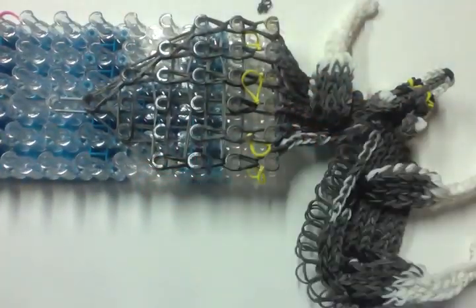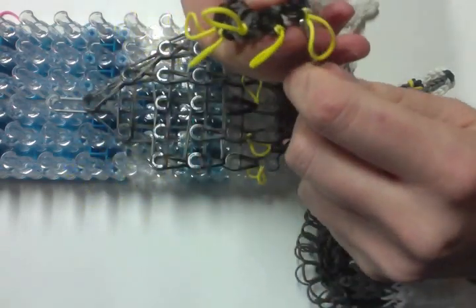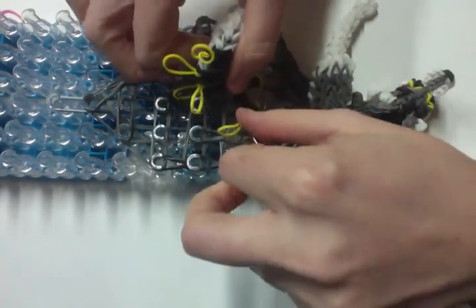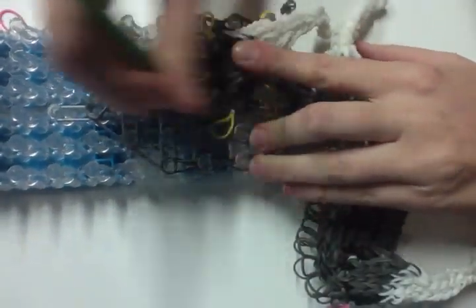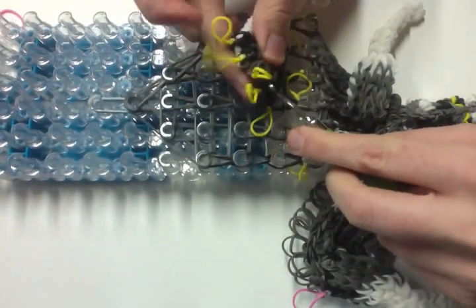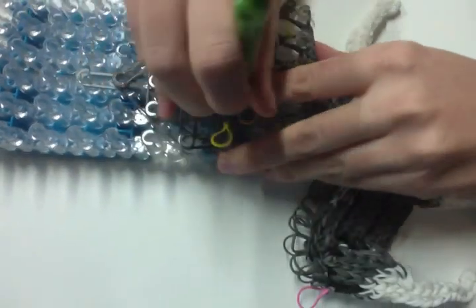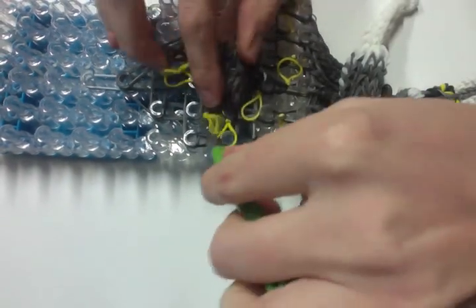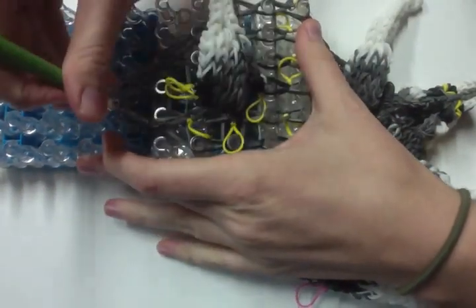Okay. Grab your other back leg, hold it like this, so remember the paws facing the head. Go through the first set. It wraps around this peg. Once I've wrapped it around, I'm going to loop up to here. Okay, now I'm going to go through the next set, attach it to the next column here, wrap up, around here, loop up,